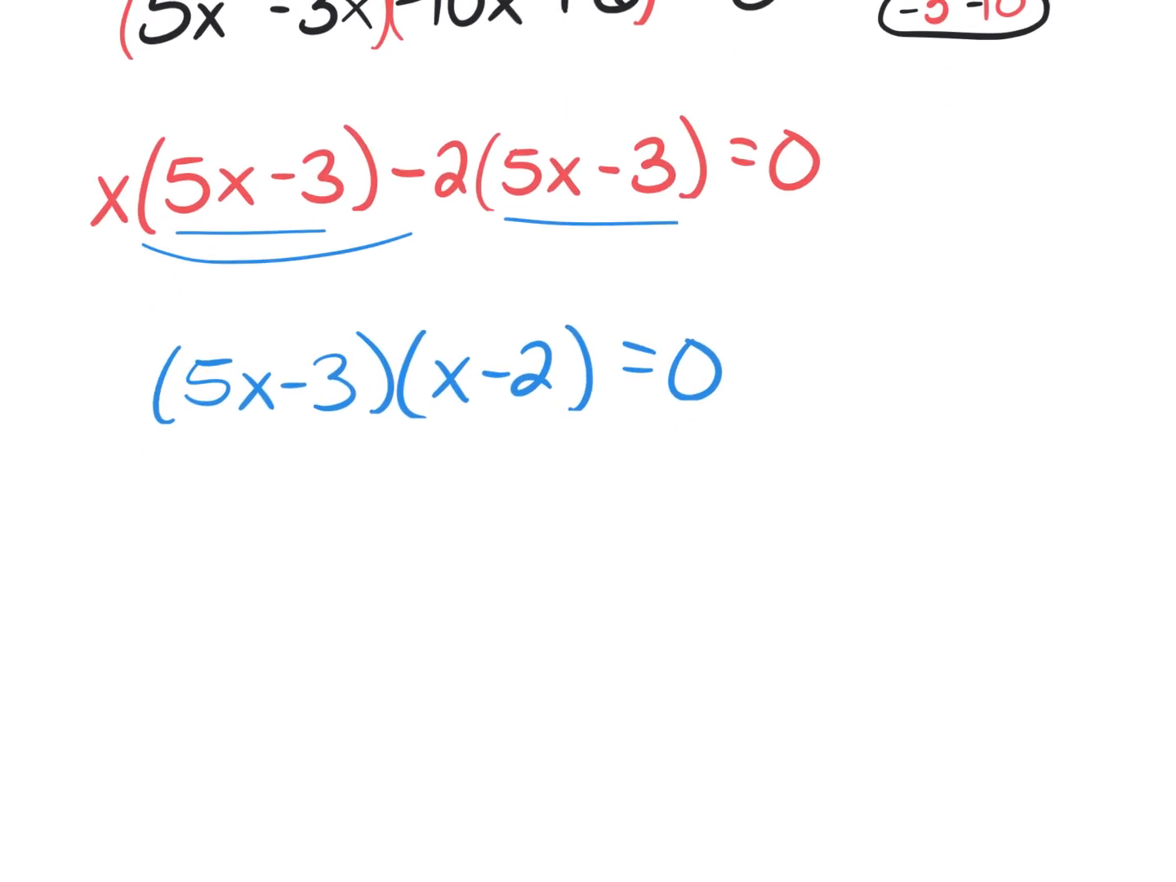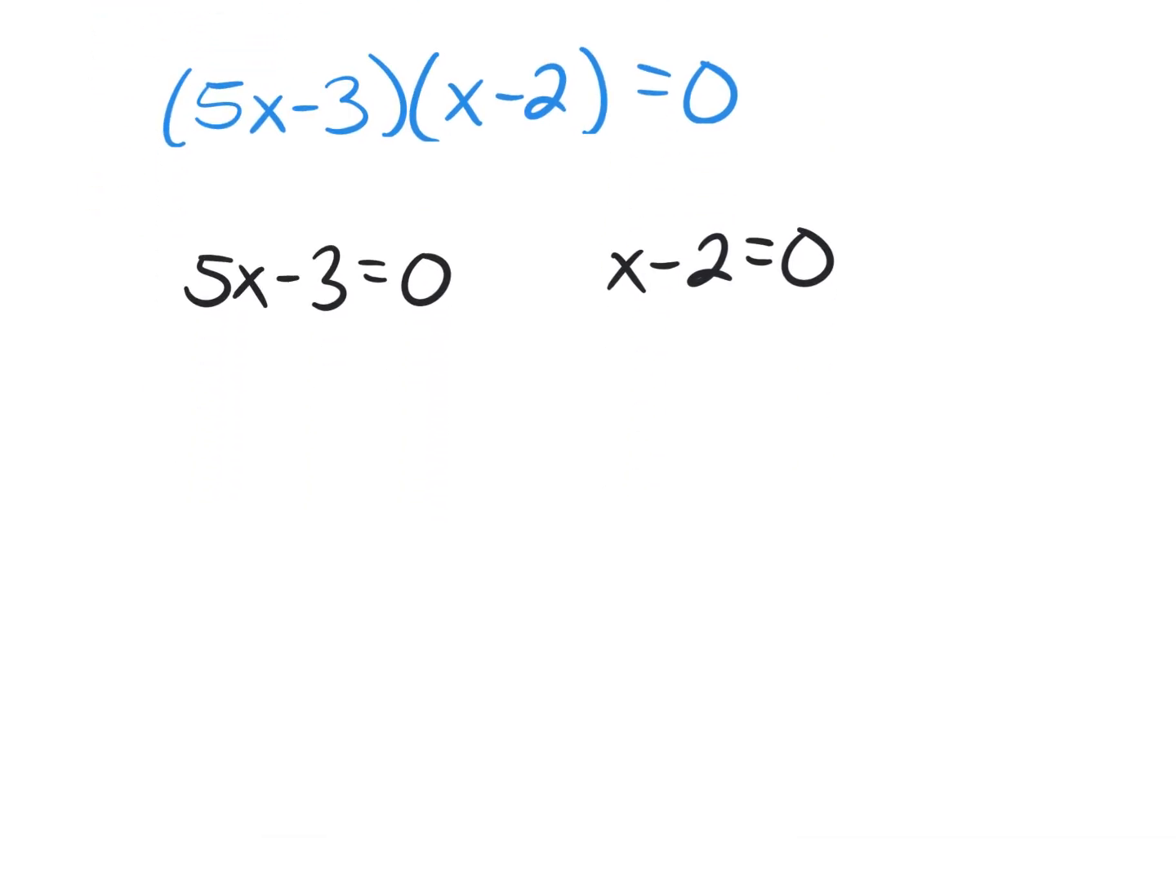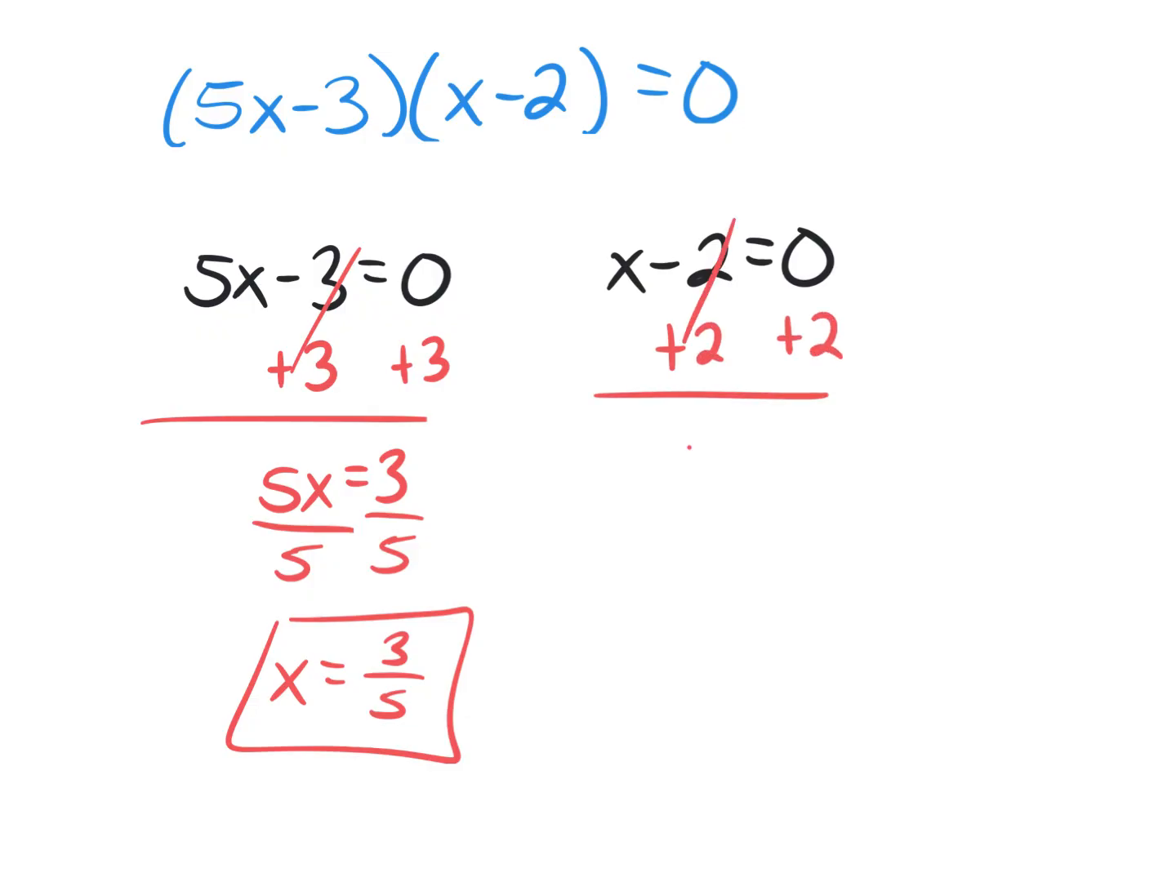Now we can set those equal to 0. Okay, so we have 5x minus 3 equals 0 and x minus 2 equals 0. How do I solve that left side? You can add 3. I gotta add 3 first. Yep, so I have 5x equals 3. What's my last step? Divide by 5. We get x equals 3 over 5. Yep. And then this right equation, add 2 to get x equals